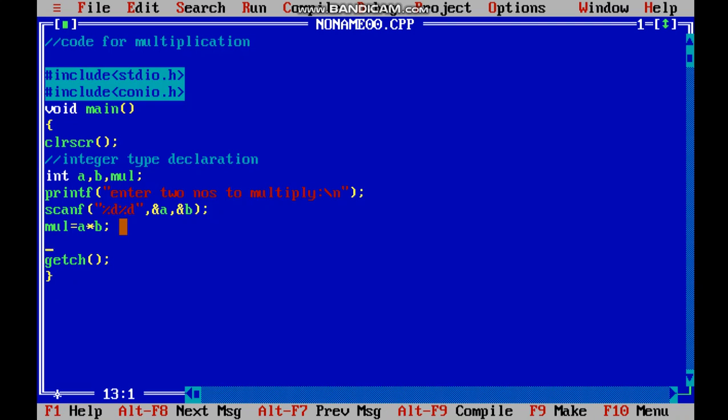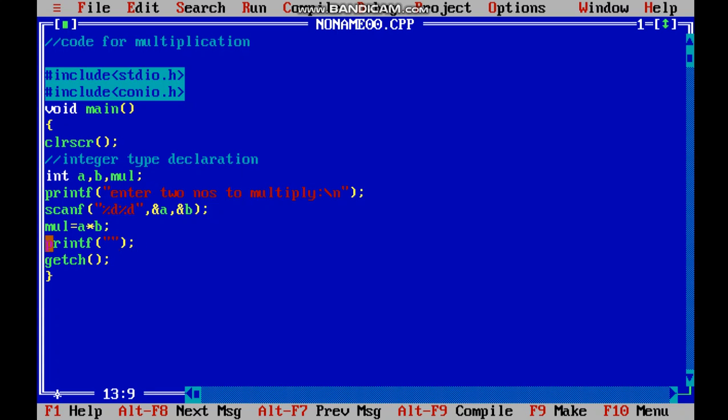It says that mul is assigned a value that is never used. We'll use it in printf, but when you use another compiler it is not like this. It won't give you any error. It will successfully say compiled, and you can enter two numbers also, but the main thing is you won't get the value. To get the value, use printf.